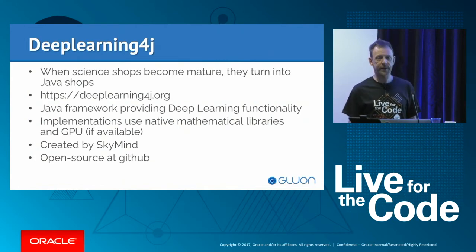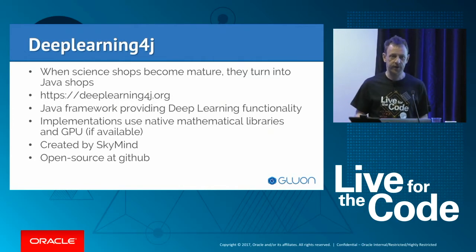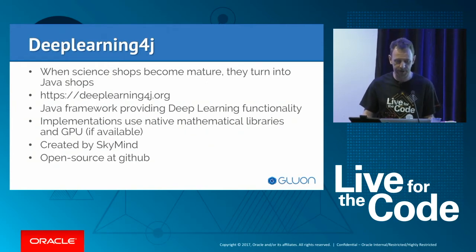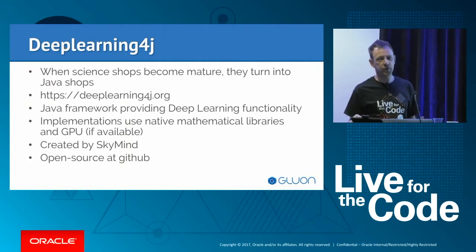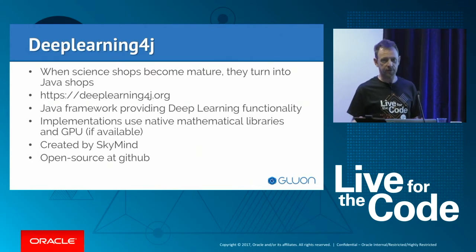AI algorithm hopefully never lives alone. It should always be used in applications. Amazon's book recommendation, for example, is used in real-world applications. And once you want to do that, you have to think about things like scaling, security, logging, accessibility, availability, localization, all these enterprise things that Java is excellent in. So therefore, sooner or later, you have to move your scientific prototype to a programming language that's more suited for